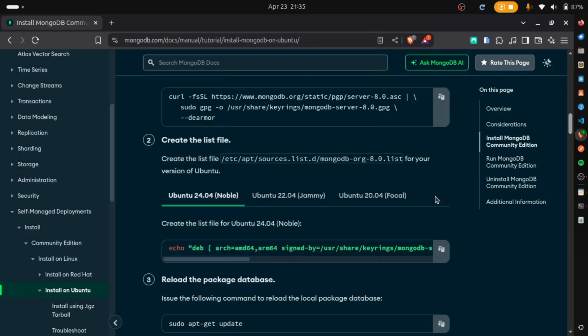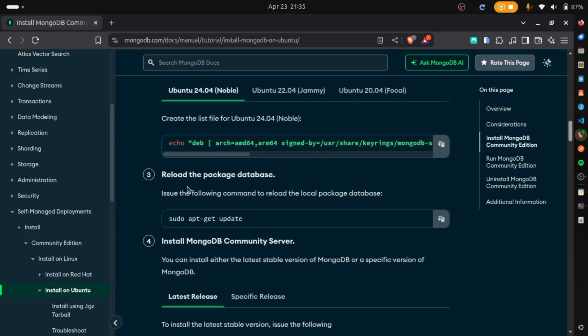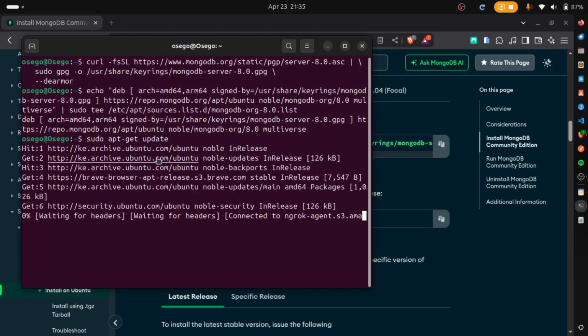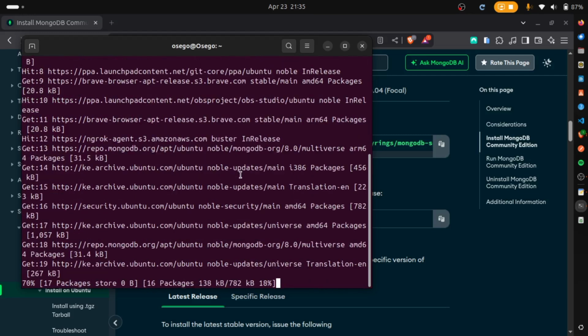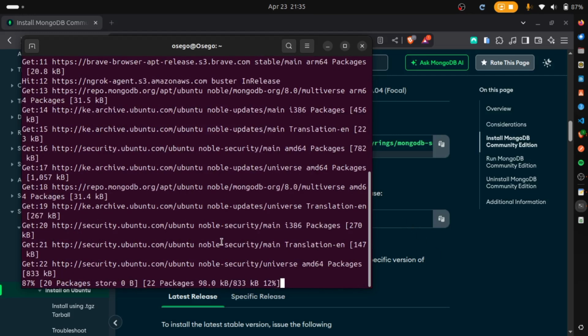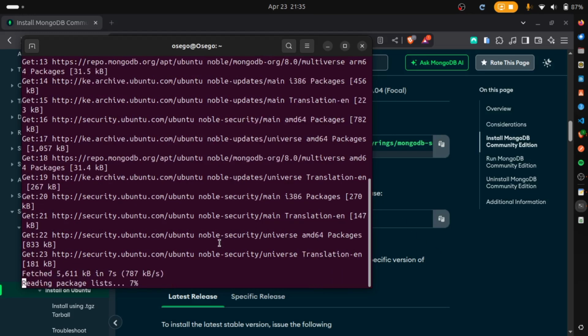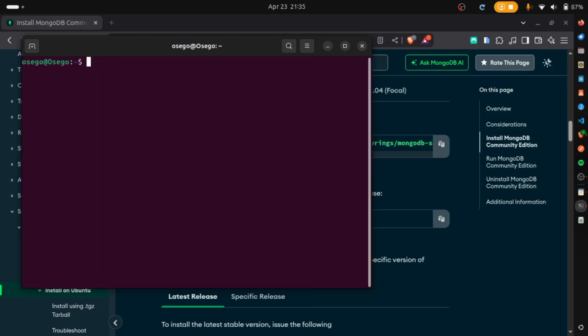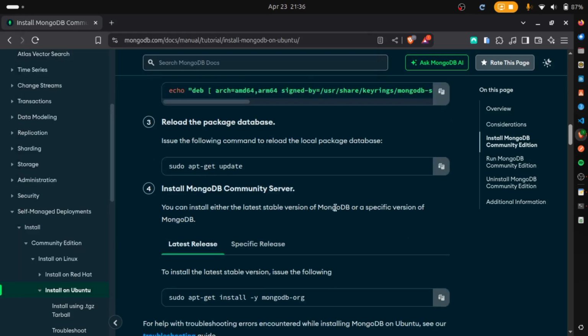So that is done. And then now we want to reload that package database. So to do that, we need to type sudo apt-get update. Copy the command again, come back to your terminal session, paste that, press enter. So this will take some time because it's basically upgrading. So that should be done in a moment. Done. So we can clear our terminal again and then move to the next step, which is now to install